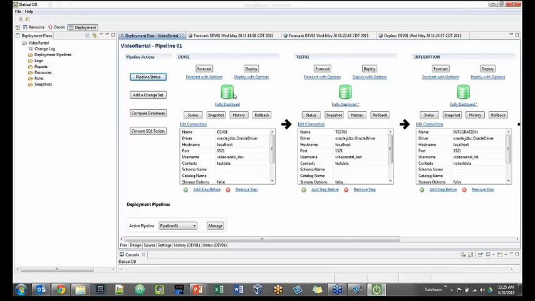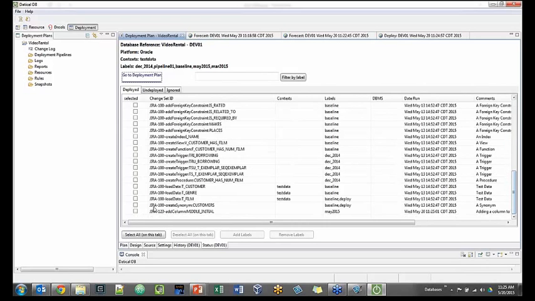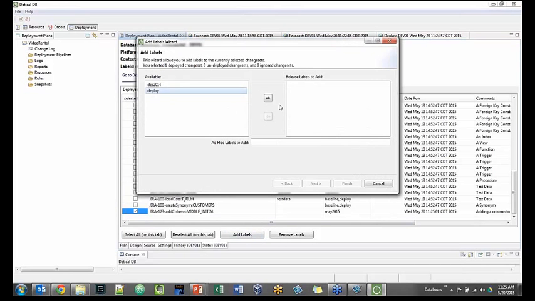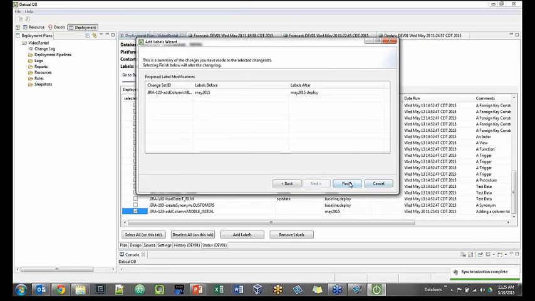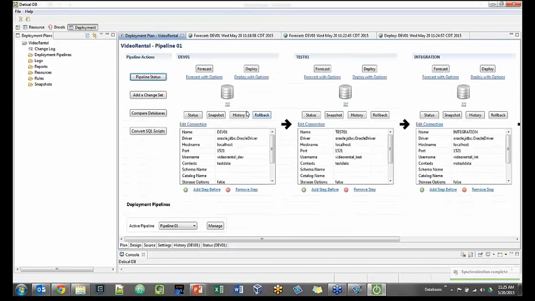When we're ready to release, the way I've defined the process is I'll go in and I'll select the changes that I want to deploy or to release. So I'll only have one change here that hasn't been released yet. And so what I'll do is add a label called deploy. And this is how I have mine set up. There's many ways to do this, but this just tells the way I've configured things that this change is now ready to be released. And so if I go back and look at my statuses